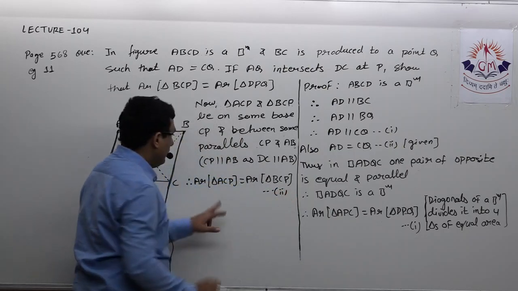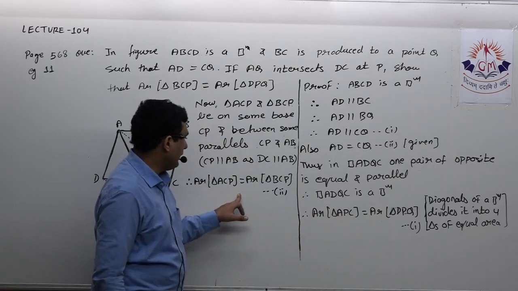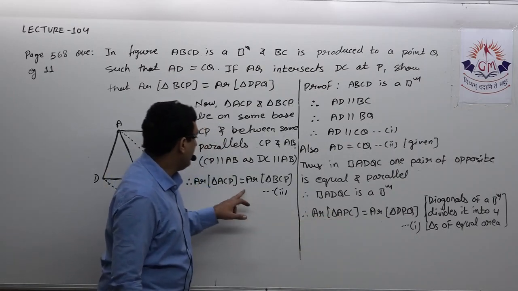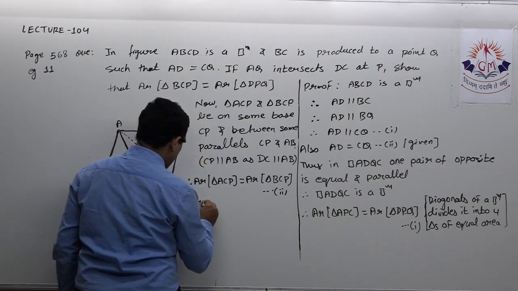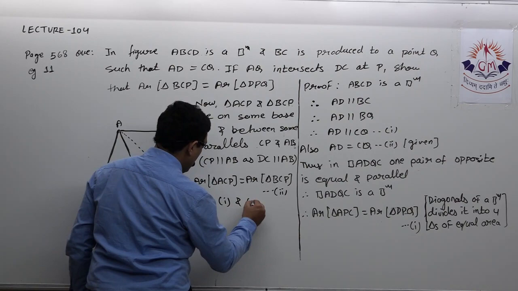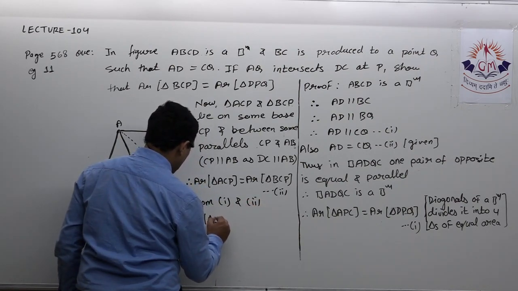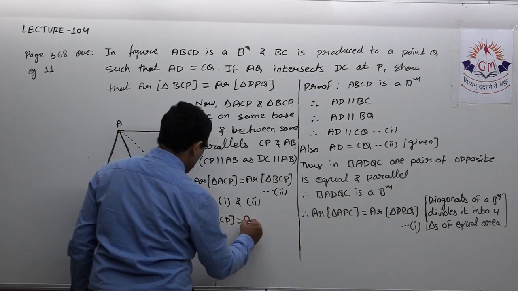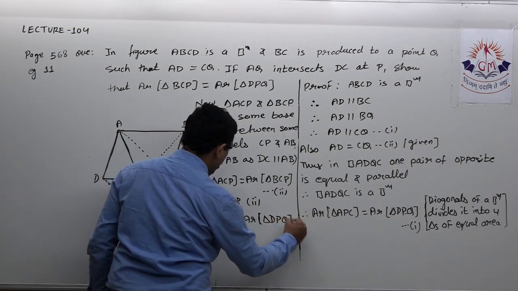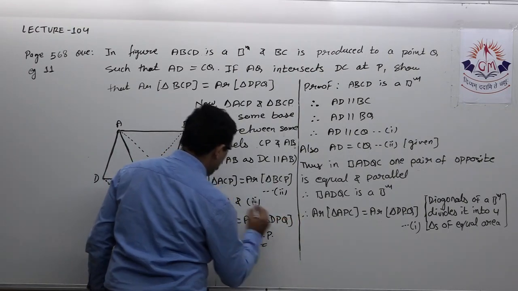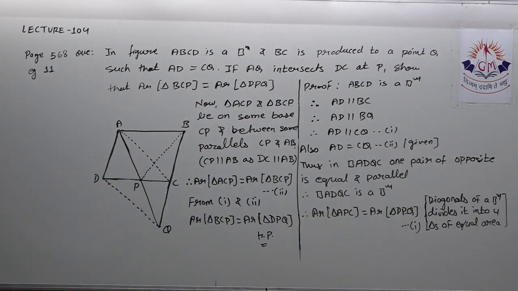This is second. Now the first says ACP equals DPQ, and the second says ACP equals BCP. That means simply BCP is equal to DPQ. So from first and second, area of triangle BCP is equal to area of triangle DPQ. Hence proved. Please note it down, then we will see the next question.